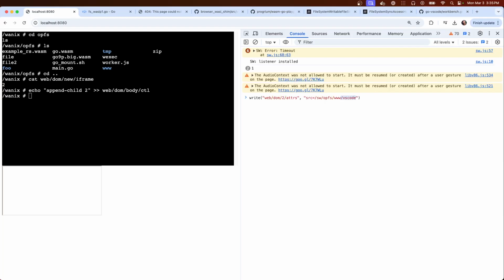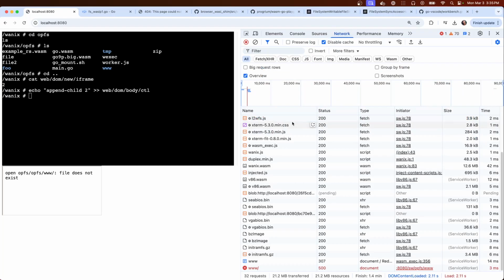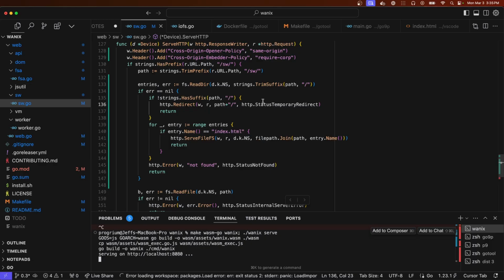It should see that that's a directory, which would redirect to slash, which should load index.html. No. It does seem like it redirected. Yeah, redirected. So file does not exist. It just does. Oh, that's right.